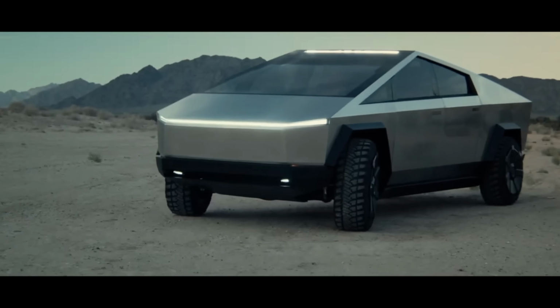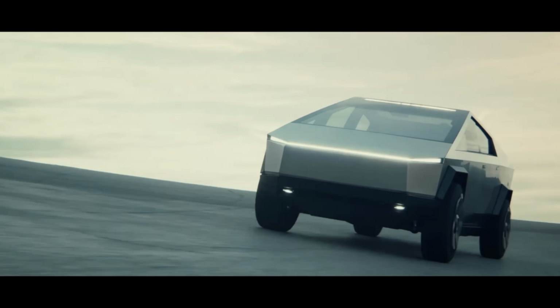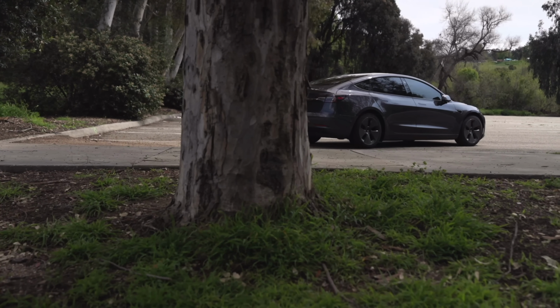Today we're getting into the latest Tesla news, including new Cybertruck features from Tesla, Tesla officially getting into lithium refining,